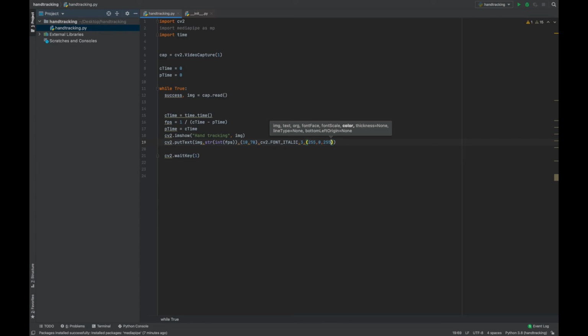255,0,255, that's purple in BGR. So this right here is BGR, so not RGB. In OpenCV it's always BGR. Thickness can be none, or I'm going to give it 3 here. And the line type can be none, or it can be anything else. So let's just stop here, and it should be running by now. If I click play right now,